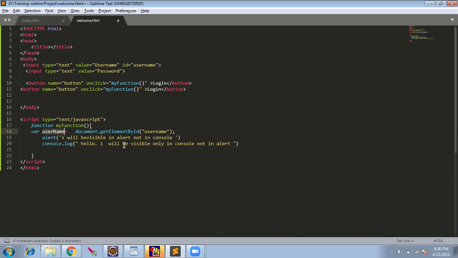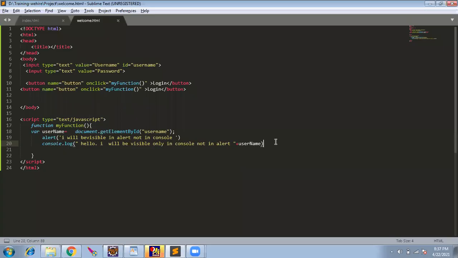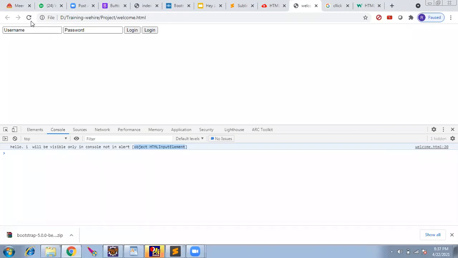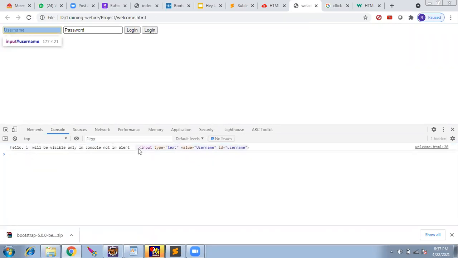Now if I do this in the console and rerun this, the input HTML element is coming. I will print it again. Instead of plus, I have to just give comma. Now when I hit enter, the entire HTML tag is coming.